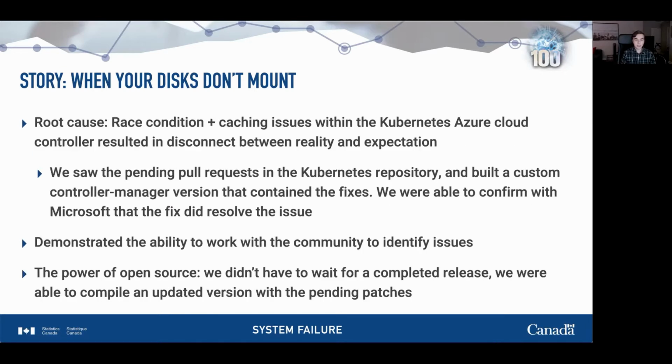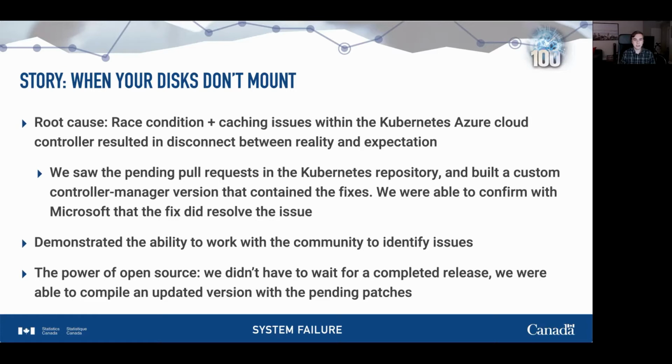It was really a race condition and a caching issue inside of the Kubernetes Azure Cloud Controller. The first issue was that it didn't maintain the state of a pending unmount. So what would happen is that the next request, when it did a different disk operation, would have that disk as being attached to the virtual machine. And so that resulted in the Azure Cloud reattaching it. And based on the right timing, you could end up with a disk that no longer exists attached to a VM. But there was also a caching issue, which